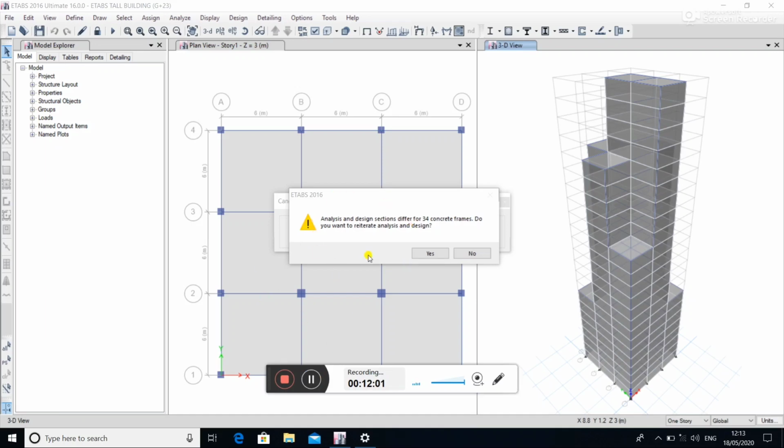Again, the software asks to reiterate analysis and design for the 34 concrete frames.